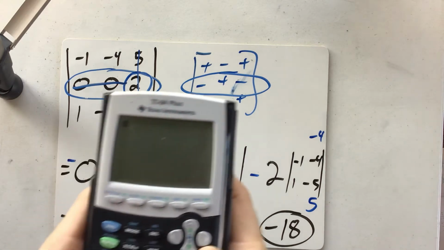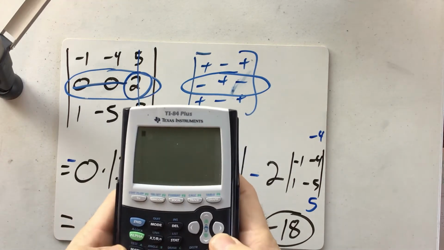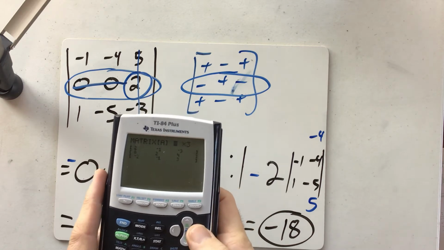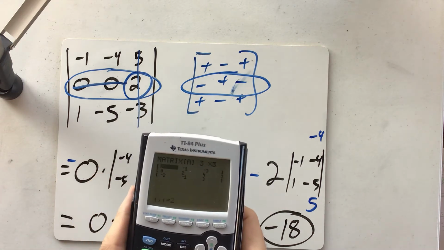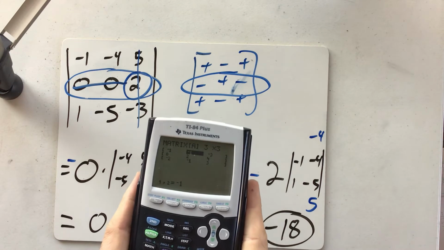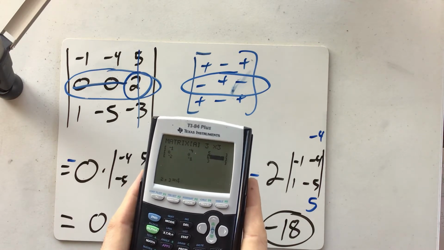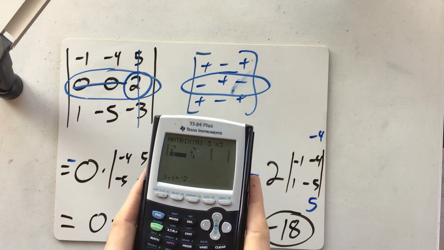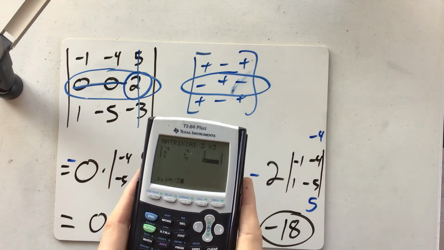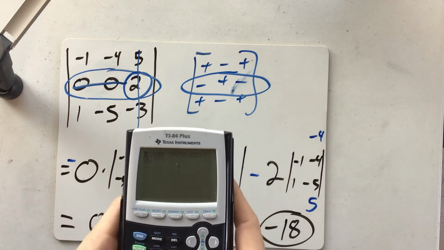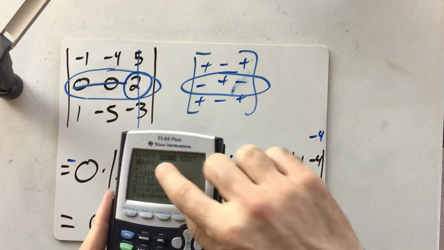So if I put my calculator up here where you can see it, what do you do? You go to Matrix, we go to Edit, we put our numbers in here. So let's do negative 1, negative 4, 5, 0, 0, 2, 1, negative 5, negative 3. And then I'll quit out, and then I'll just go Matrix, and then Math, and then you can see the